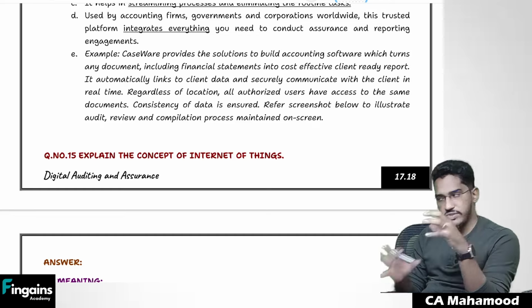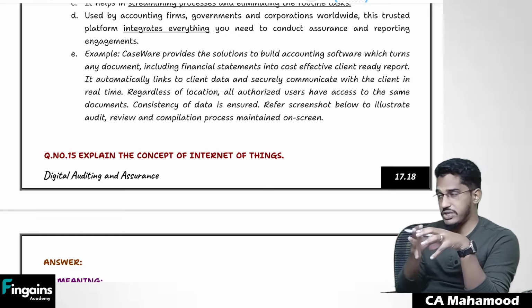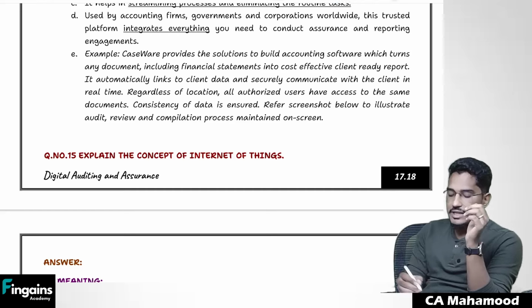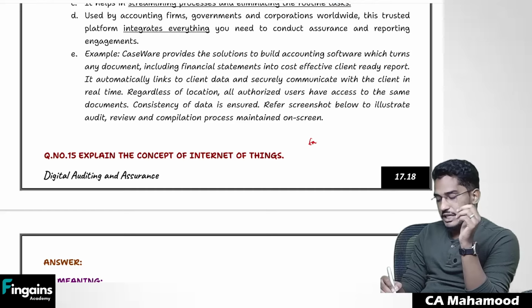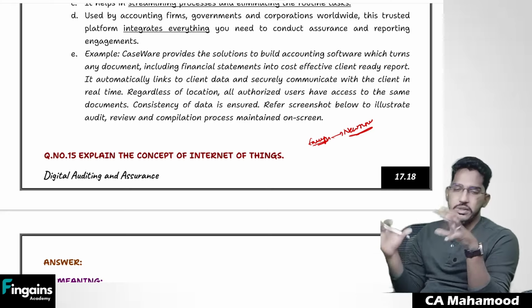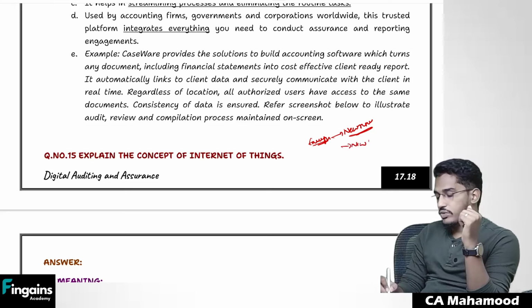Be it Internet of Things, if your client is using Internet of Things, if your client is using artificial intelligence, blockchain, NFT, or RPA, if your client is using any of these emerging technologies, as an auditor, there will be new risk for you. You might come across new risk. So what are some common risks for every emerging technology? Number one, since it is a new technology,